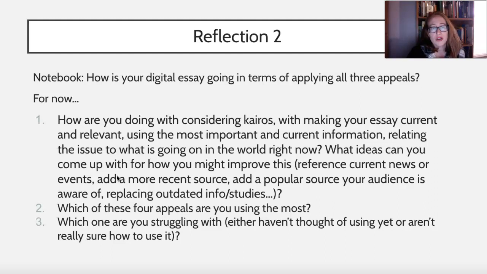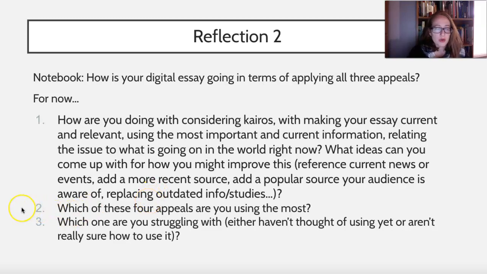Are you giving us a tired report just with lots of random information, whether it's outdated or not? Are you placing this in the world right now? Can we see from what you're doing how this relates to things going on in the world right now, why this is important right now? That's where making sure you're using the most current information and sources comes in. Are you relating it to current news, current issues, current examples, things that are going on right now? So I gave you some examples of what you can maybe go through and look for with that one, some ideas for how you might be able to improve or add to that.